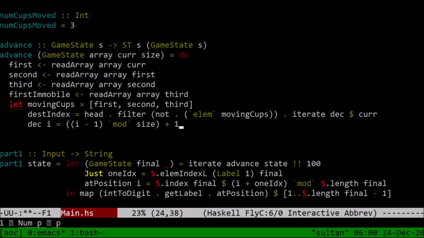I want to make sure I don't hit a 0, right? Is size the number of cups or the size of my array? Because I'm making the array hold one useless element at 0. I think it should be the number of cups, right? So that means my array has, let's say, 10,000,001 elements. So if I mod 10 million,